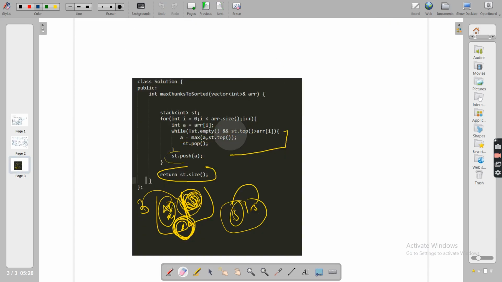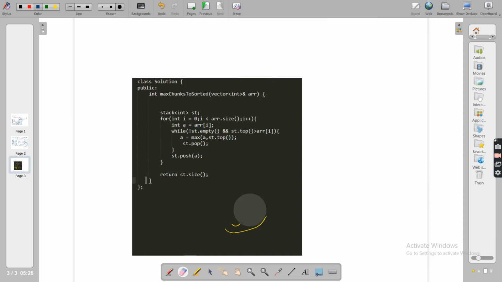Now see what my solution is. First I created a stack because obviously we know we have to go with a stack. LIFO, we got that order, right? Then look, arr of i, the new incoming element. I kept it here for a purpose. I'll let you know, no worries guys. Look, in stack problems, this is the go-to template that you have to always use.